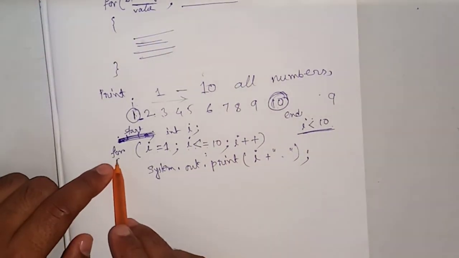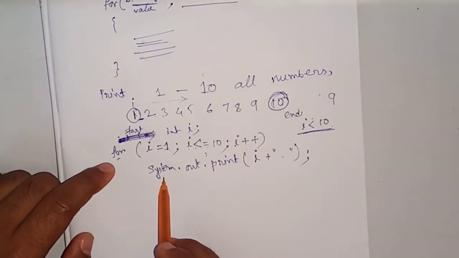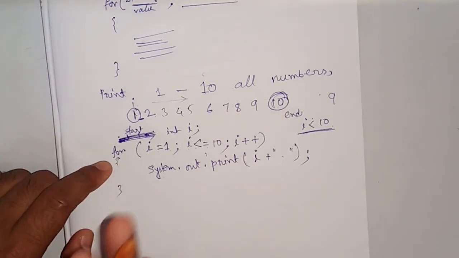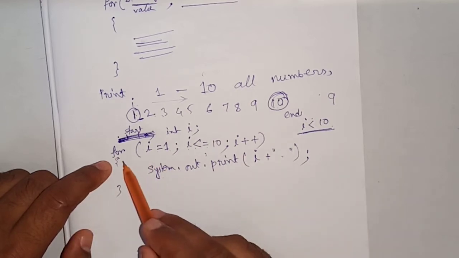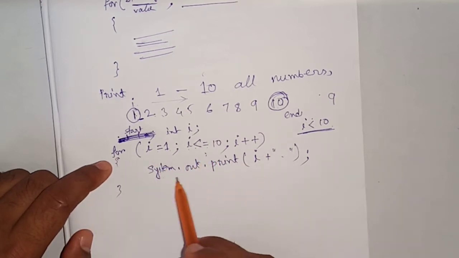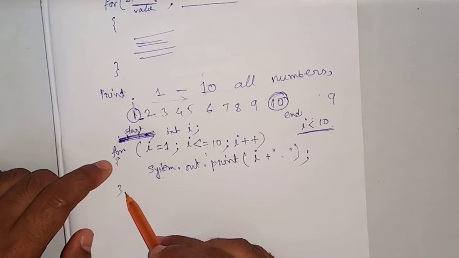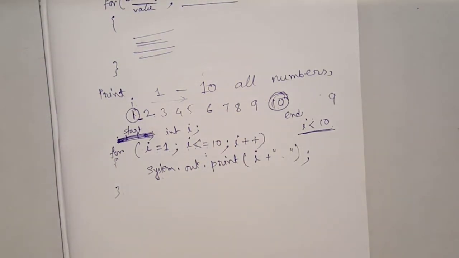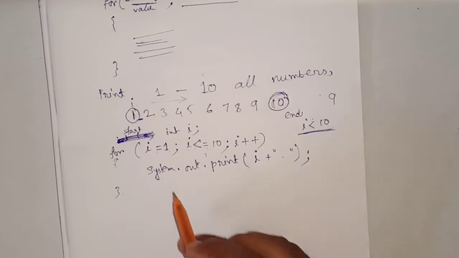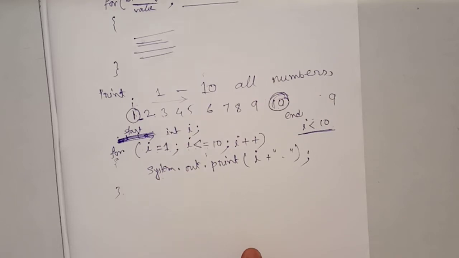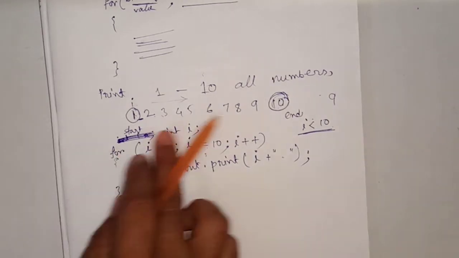Now see, in this for loop one statement is present, so if you are not putting any braces, there is no problem. But suppose you have two statements, this one and one more statement, then don't forget to provide the braces. If there is one statement, there is no issue whether you write the braces or not. But if you write multiple statements inside this for, don't forget to write the braces.